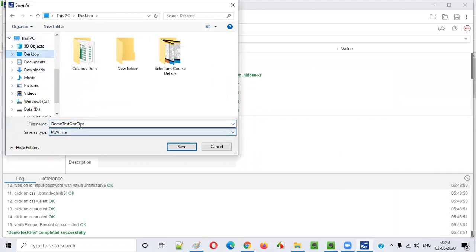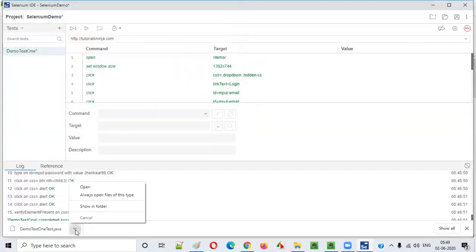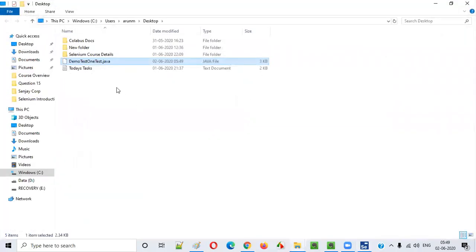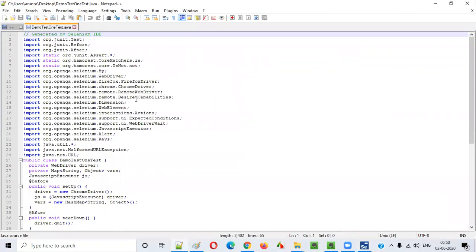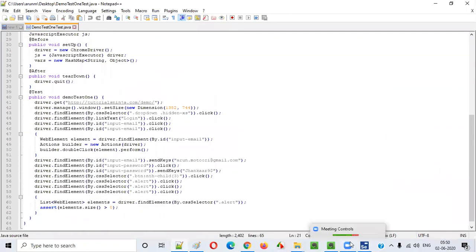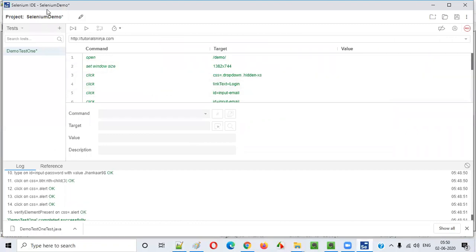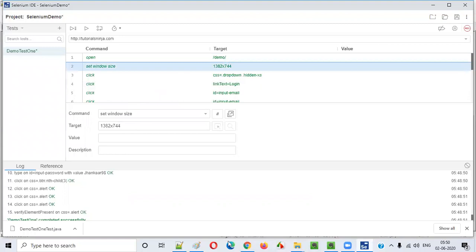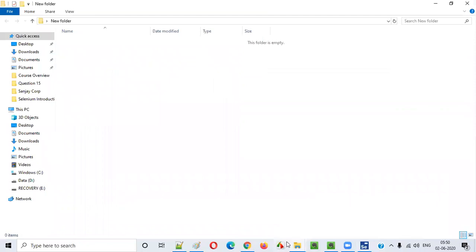So on the desktop, I am exporting some Java file, as you can see. From this auto-recorded test, I'm going to export some file. The file got exported here. In the folder, right click, edit with Notepad++, so that you can see what exactly the code is inside. All this code got auto-generated, guys. I have not written this code. I simply recorded some tests inside the Selenium IDE and then I exported the code. Whatever the steps are, they got converted into the code automatically by the Selenium IDE. This is one of the good features of Selenium IDE, you can say.